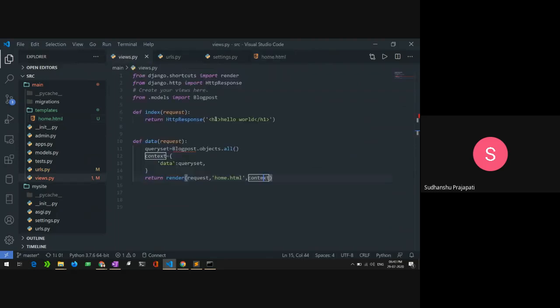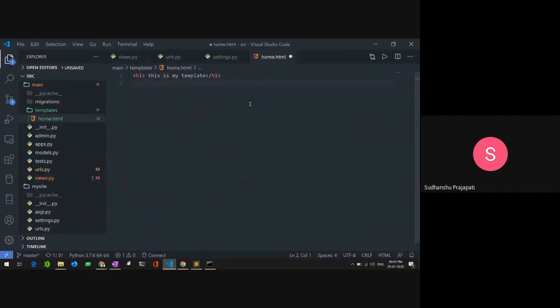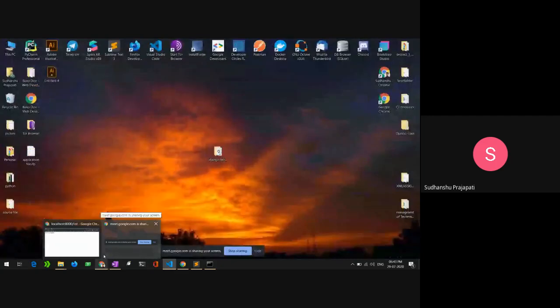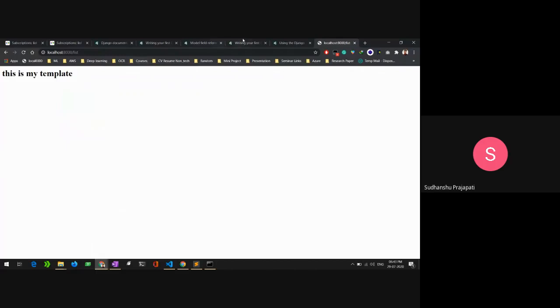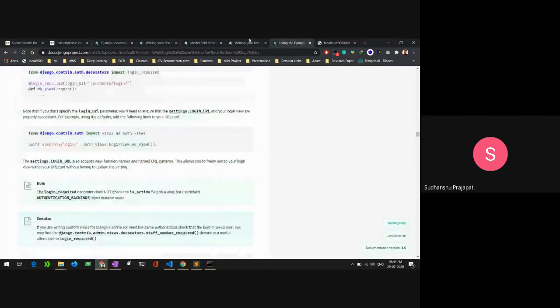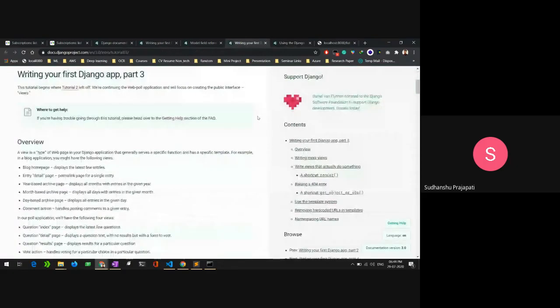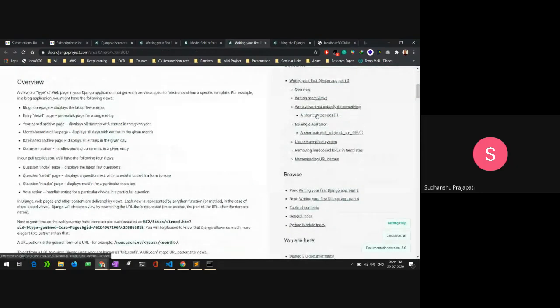This is my template, and after that you want to show the whole list of that data inside it. So I want my data to be shown as a list. To show my data as a list, I will create a for loop inside my home.html. It is possible to create a for loop inside a template. That's how Django works. You have multiple different kinds of tags and variables that you can work with in Django, and you can find all these things inside the Django documentation. I don't want to go that deep.